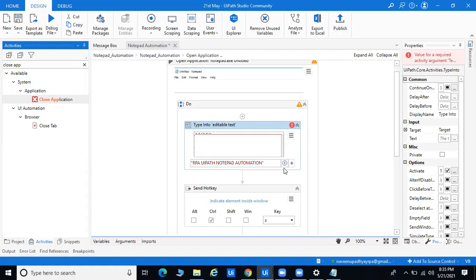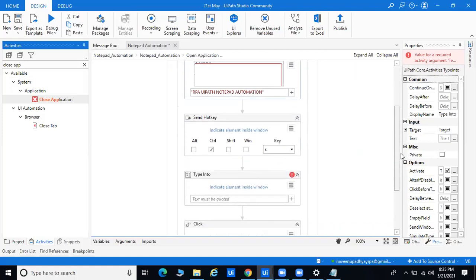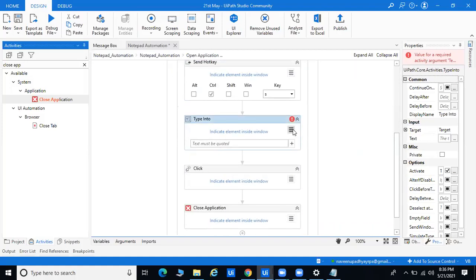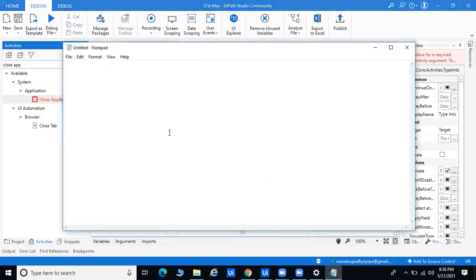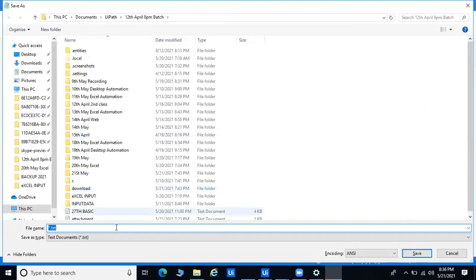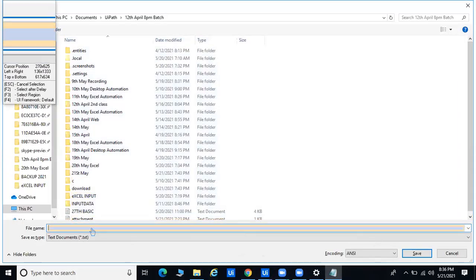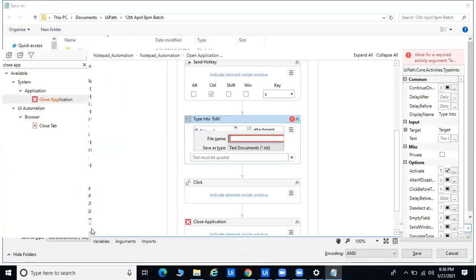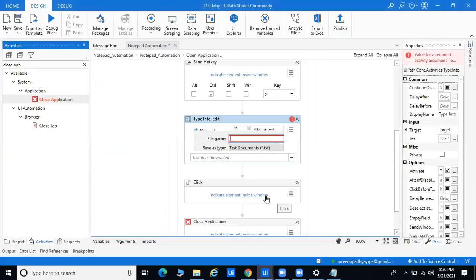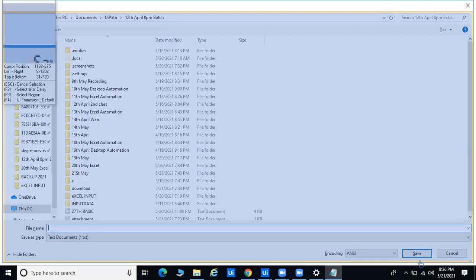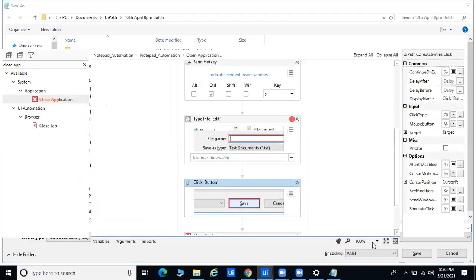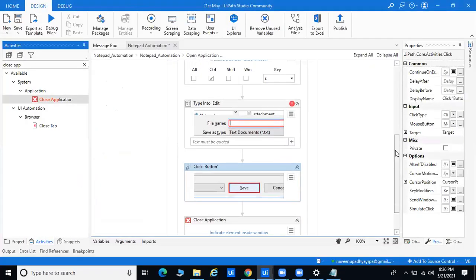So this is called desktop automation we are doing. We are launching this Notepad, and we'll try to save it. Okay. So here, whatever data you write, Control S is for saving, and whenever you try to save the data, you have to go like this. Okay. So here we'll try to indicate anything, and after that, we have to click on save. So that's why we will select, and I will try to go for the save. Okay, and after that you have to close this application also.